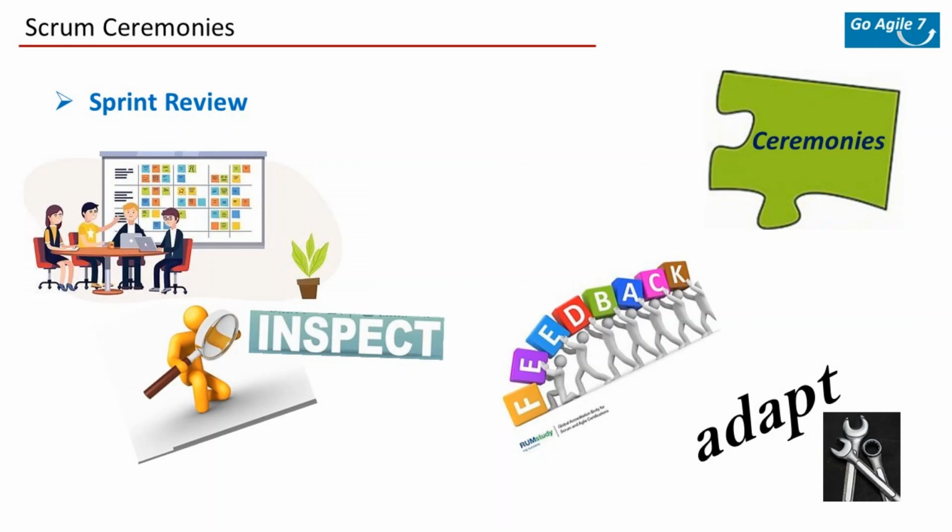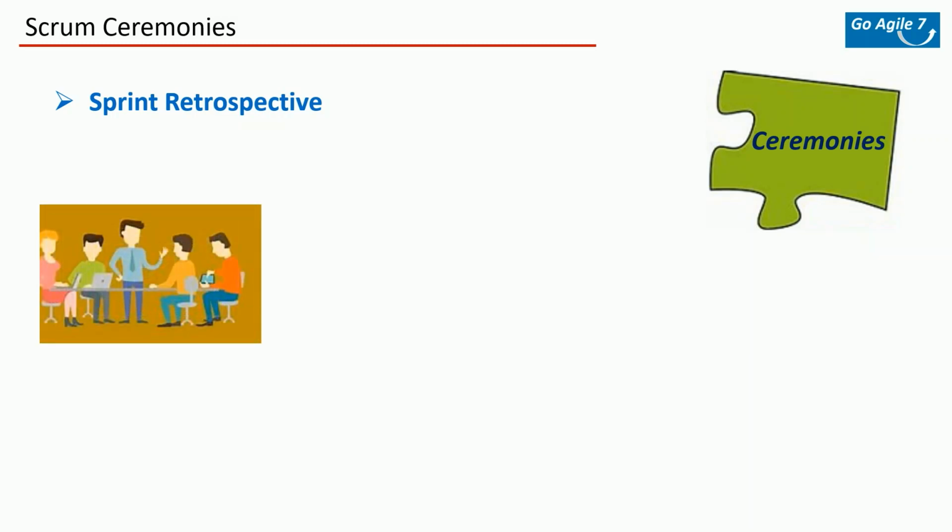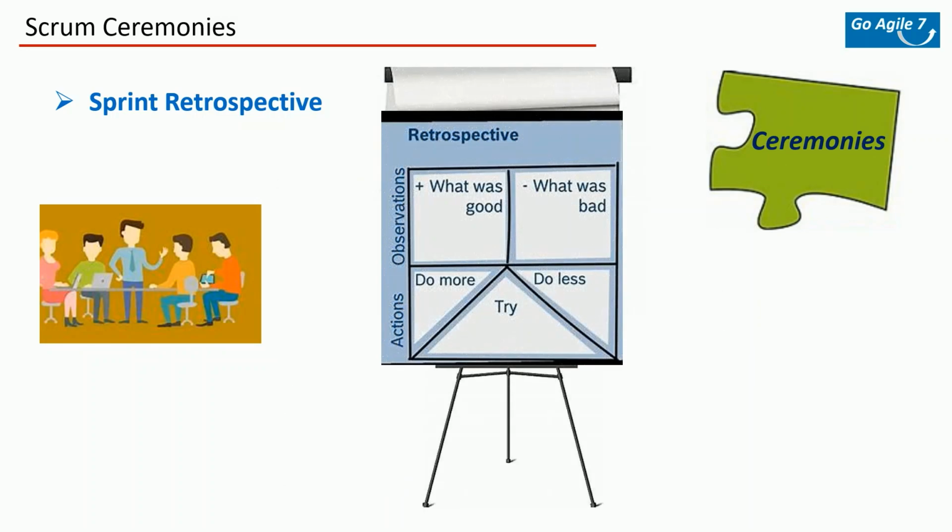And the last Scrum ceremony is the Scrum retrospective. Scrum retrospective is the scenario where the Scrum members come together to do an appraisal of their work. It's a self-inspection on how they are executing their tasks. Things like what went right, what went wrong, what can be improved, what needs to be stopped. These sort of things will be discussed, and it will help the team become more productive as they move forward. So those are the 4 Scrum ceremonies.